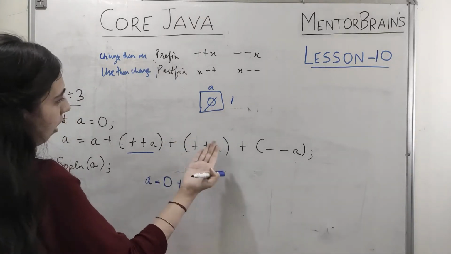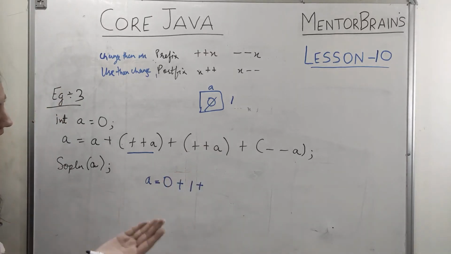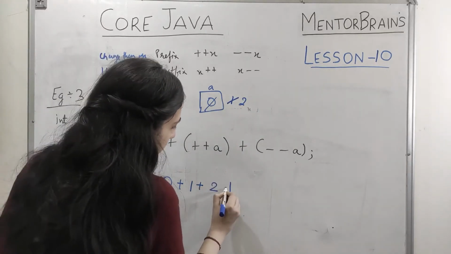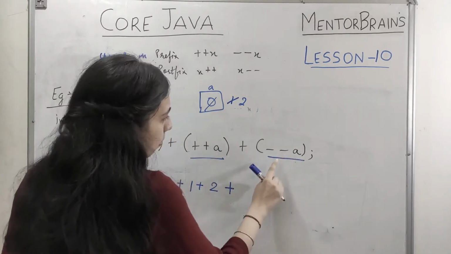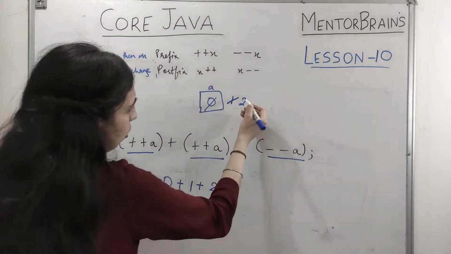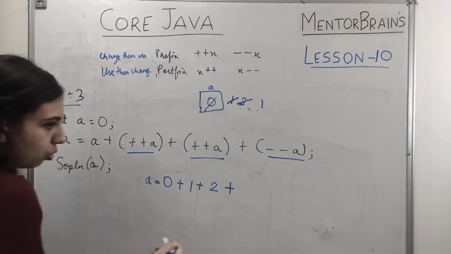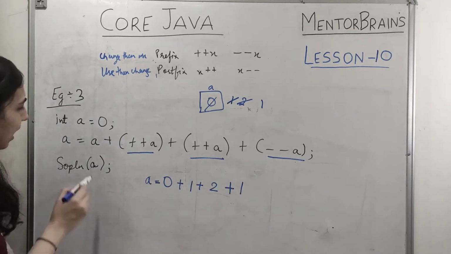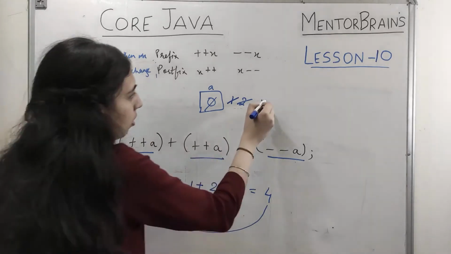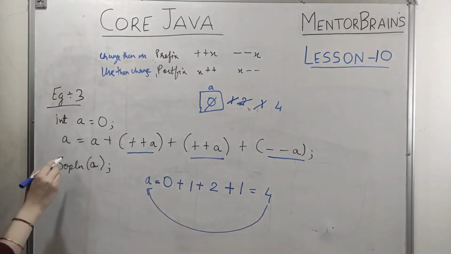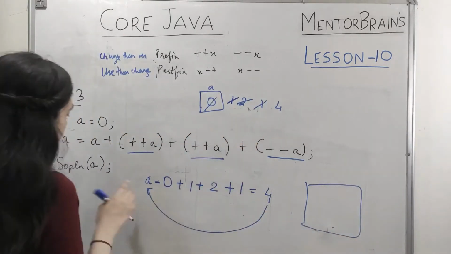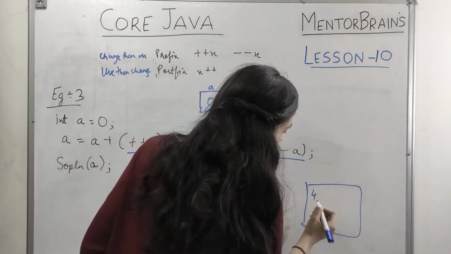Next is ++a. ++a is again a prefix operator. Again the value will be changed to 2 and it will be used over here. Then plus, now executing this statement, --a. Okay, so the value of a will be again changed and then used. So the value will be 1, decremented by 1. Okay, so while this statement is executed, our result will be 4 and this value will go into a. So 4 over here, and on coming on to this statement, it will print on the output window the value of a, and the value of a is 4, so output will be 4.